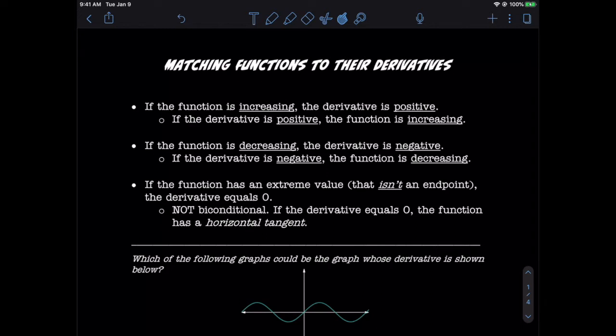If the function increases, then the derivative is positive. Same thing for the other way around. If we know that the derivative is positive, then we know that the function must be increasing. We can make a very similar statement about decreasing when the derivative is negative. Now, if we know where the function increases and decreases and where it should start and stop doing one type of thing, then we can figure out where our derivative is equal to 0 and where it has a sign change